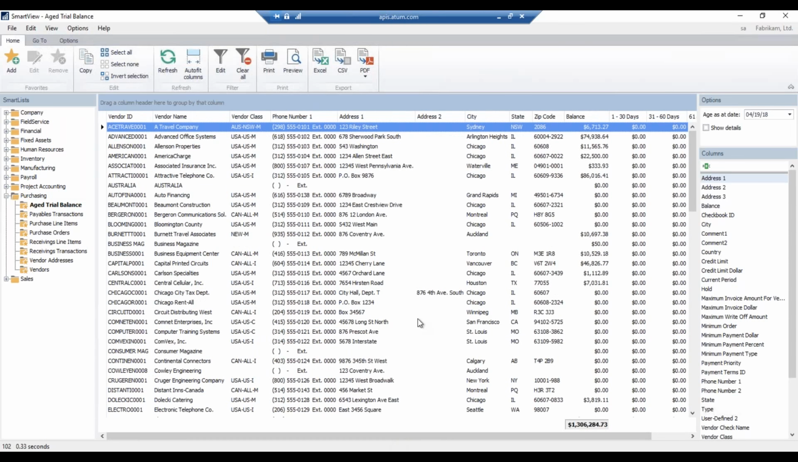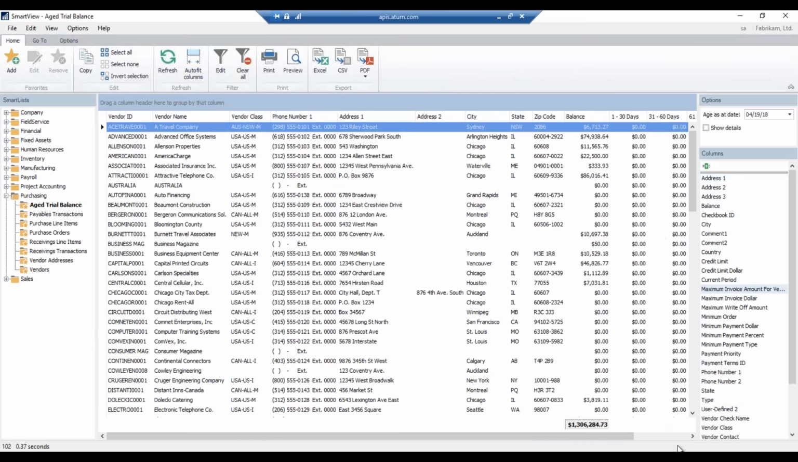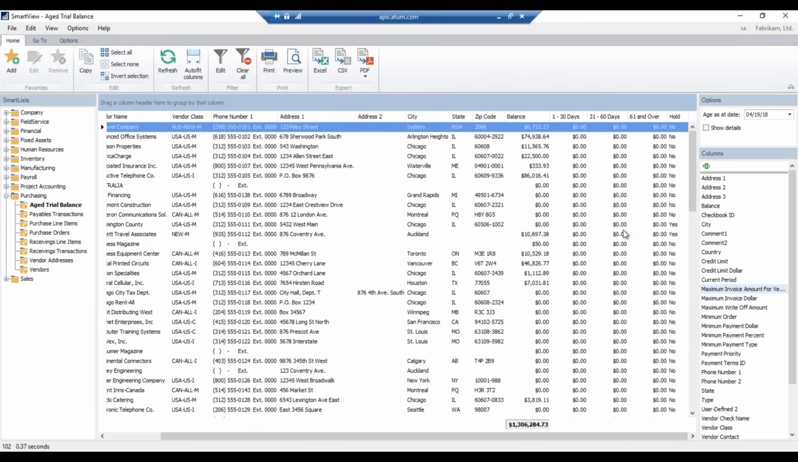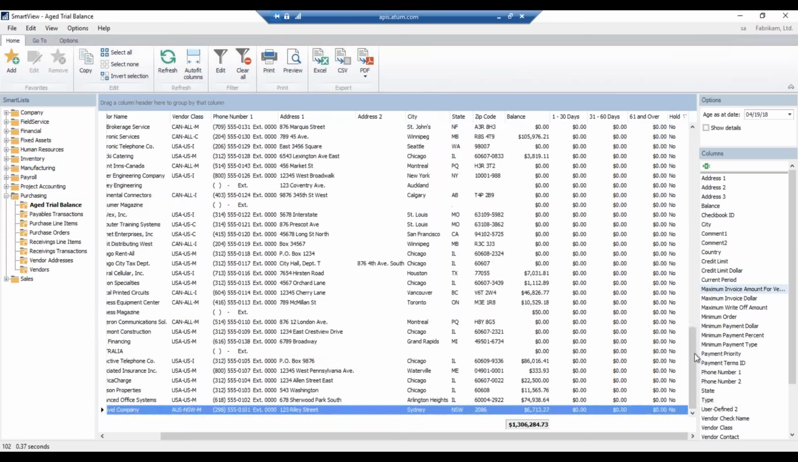So what I want to do in this scenario is I want to see the aged trial balance report, but I also want to see my vendors who are on hold for whatever reason. So I'm going to go ahead and attach a hold here, and you can see it's now displaying hold as well. Now, the other great thing about SmartView is you can actually do sorting right from SmartView. So if I wanted to see all of the vendors who are on hold, I'll simply go ahead and click the hold column,